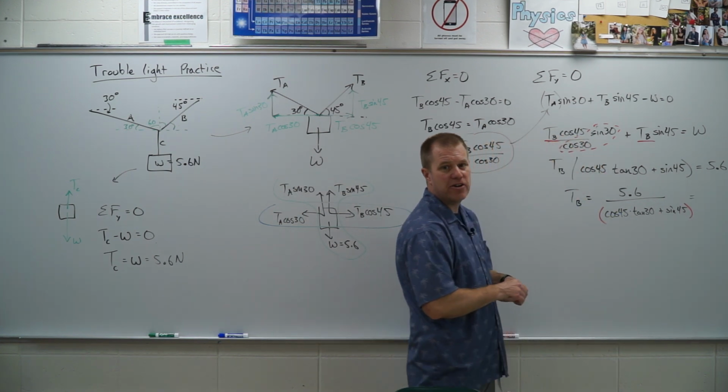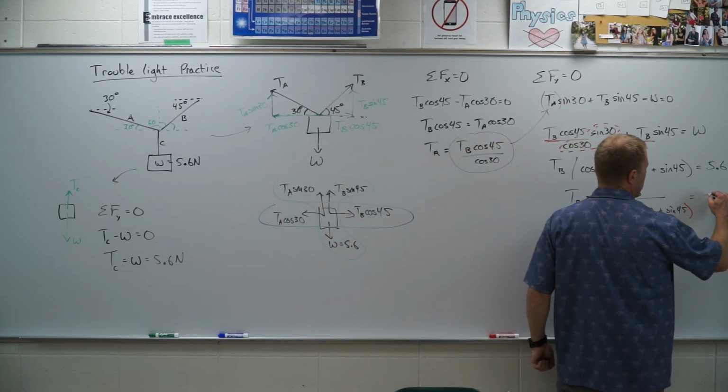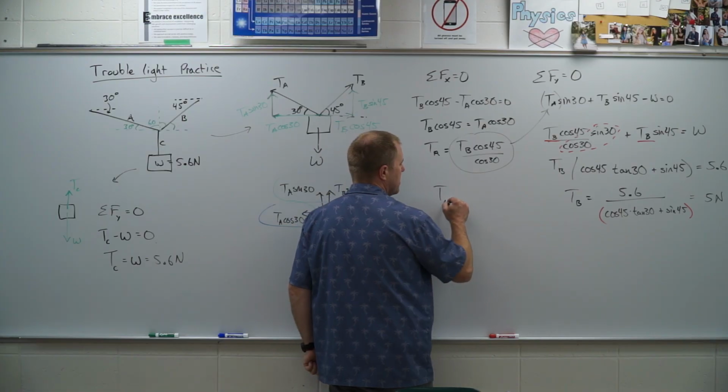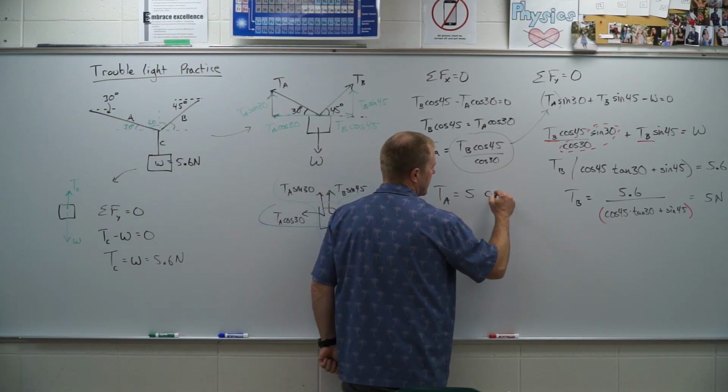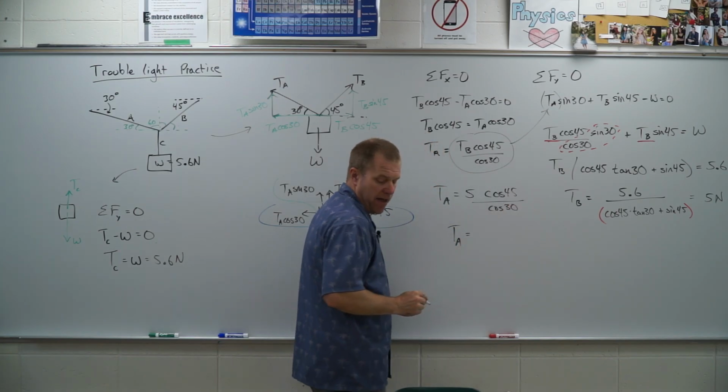All right, type that in your calculator. You get 5.6 divided by that. You should end up with 5 newtons. Once I know my TB, I can plug that TB in over here. So TA is equal to 5 times the cosine of 45 divided by the cosine of 30. And you should end up with a value of